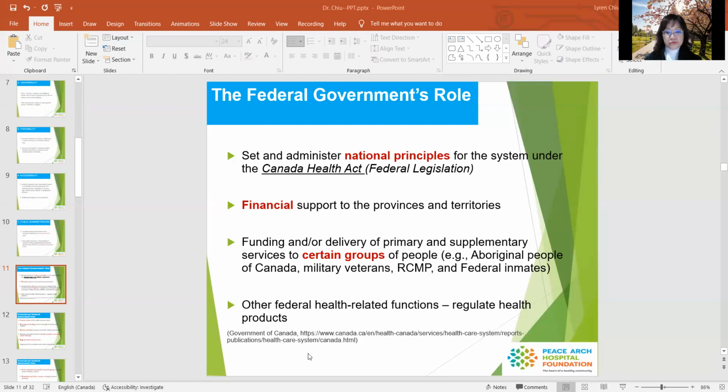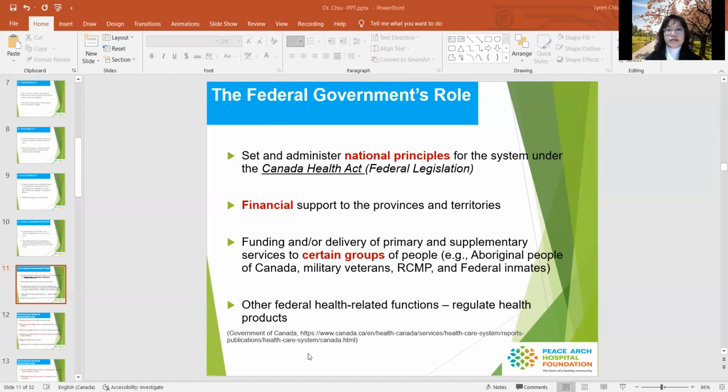Now, I'd like to move on to discuss the federal government's role and the provincial and territorial governments' role in the healthcare system. The federal government sets up and administers national principles for the system under the Canada Health Act. This act is a federal act and not a provincial act. They provide financial support to the provinces and the